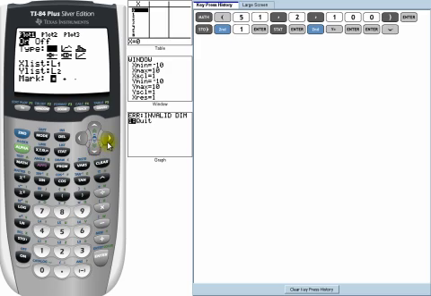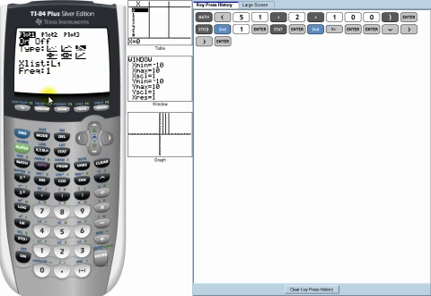Move your arrow keys down, and you want to select the bar graph icon. Since we're going to be doing a bar graph, this will change your X list, meaning your data values are found in L1. That's true, so I don't need to change that. And the frequency of those data values is 1, meaning if a 1 appears in the list, it's only counting 1 time. Alright. After we're finished with that, we can go to our window because we're going to need to